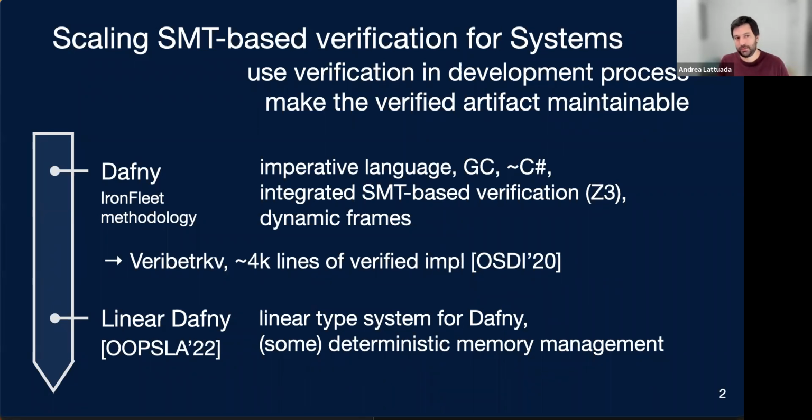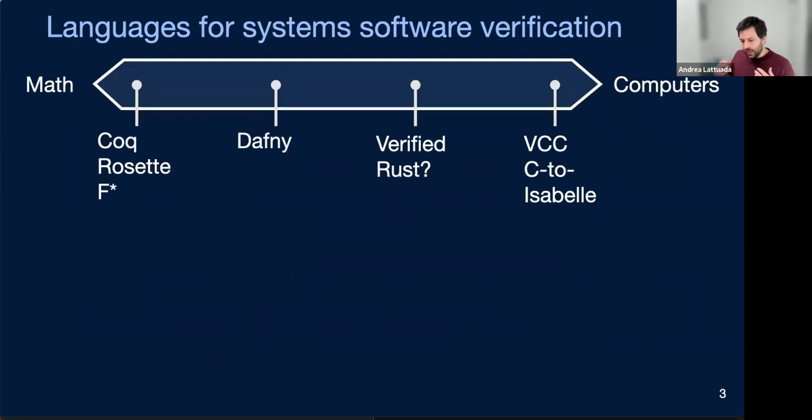So here we're taking Dafny, and if you're familiar with what a linear type system is, we're trying to make it closer to Rust in some ways. We're going to try to have the same ownership semantics. We'll get to exactly why again later. So having done these two things, we took a look at what languages you might want to use